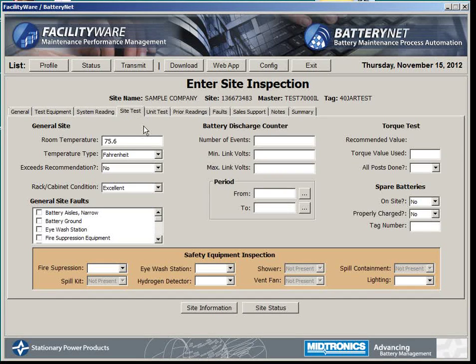The site tests, the room temperature field here is the same as the room temperature on the system tests. Filling it in either place will populate the field in the other screen. How you want temperature represented, if it exceeds the recommendation, rack conditions, site fault, general site faults, discharge counter, if torques were performed on a battery, also if testing